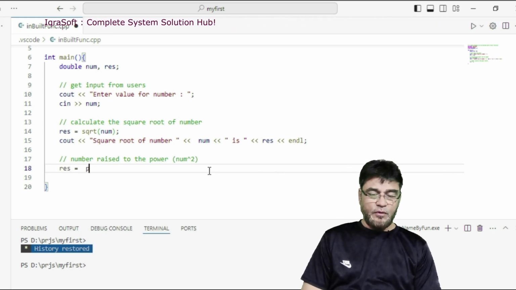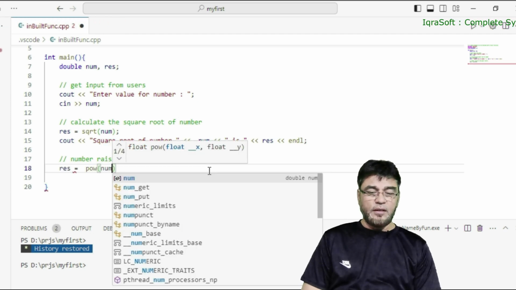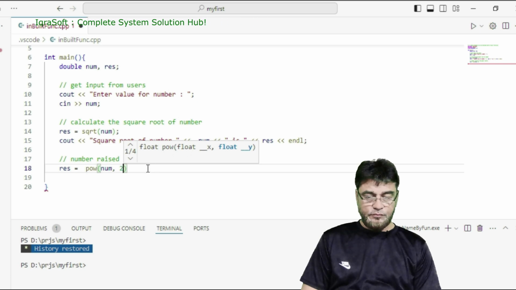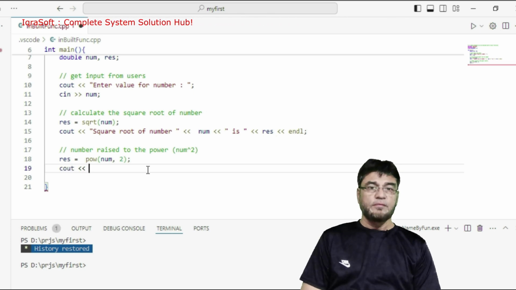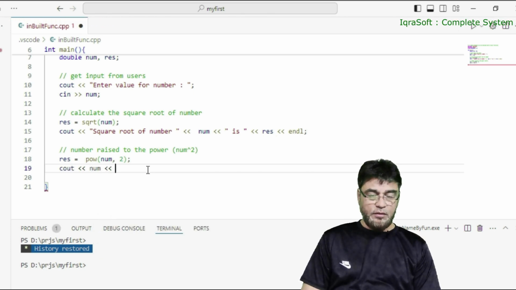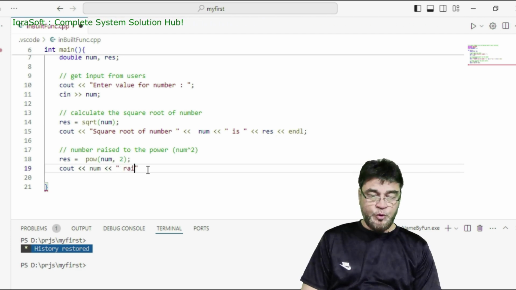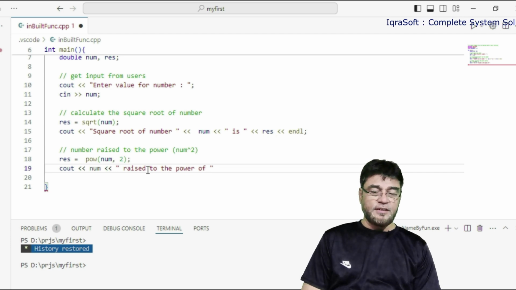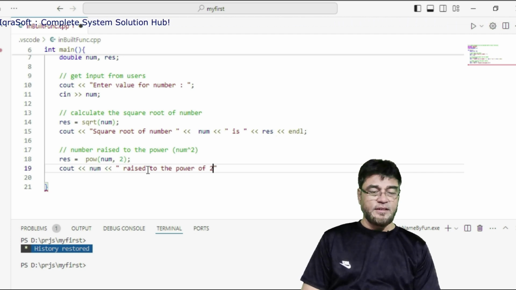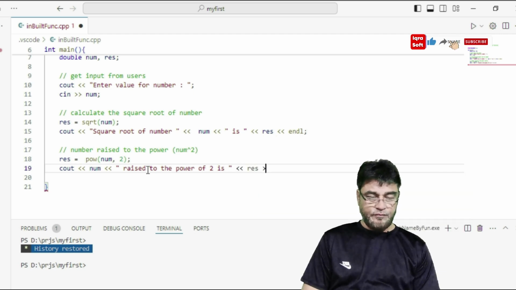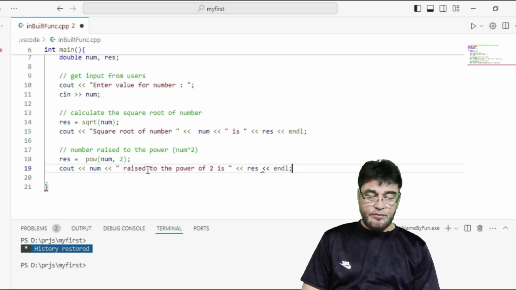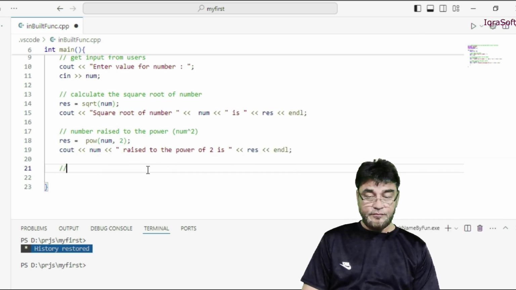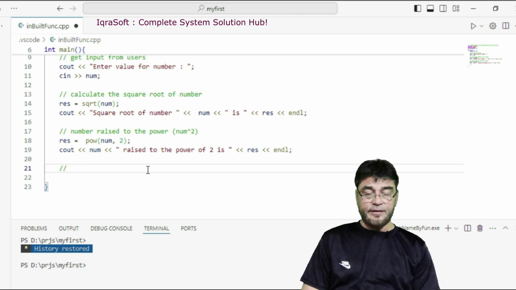result = pow(num, 2); cout << num << " raised to the power of 2 is " << result << endl; similarly, // calculate